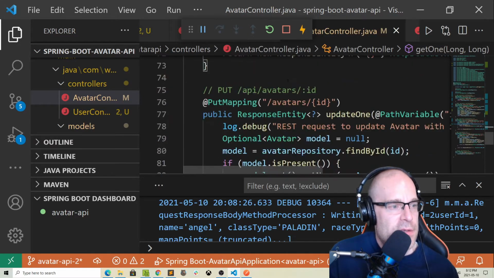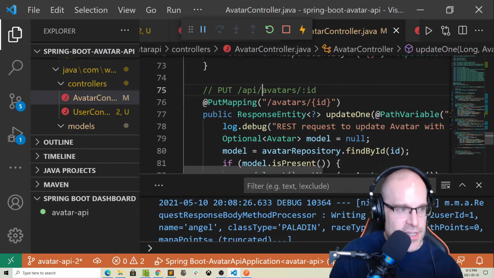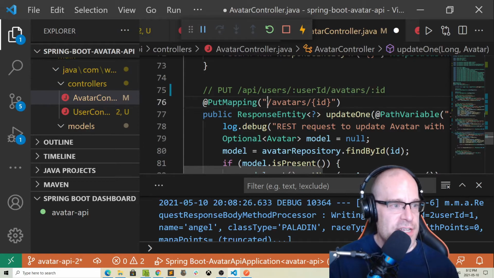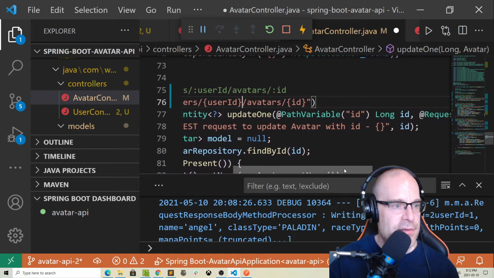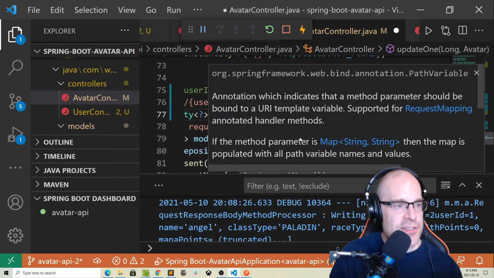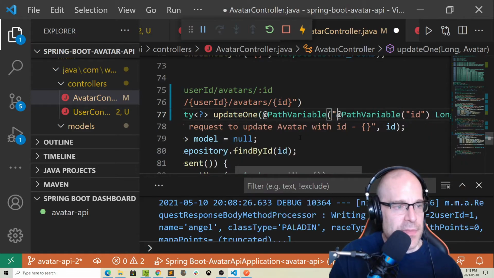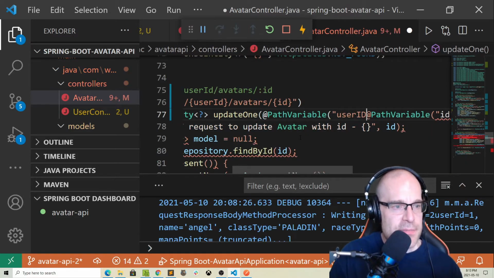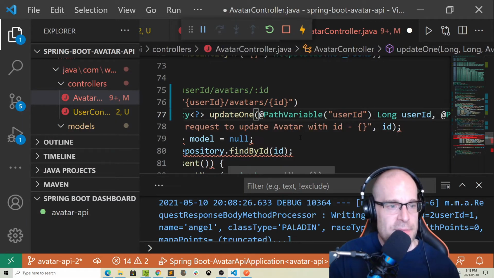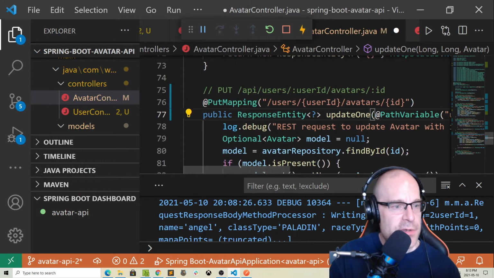Okay. So let's do put slash users user ID slash avatars slash ID. So again, we'll update the put mapping to go to put users and then user ID and then avatars slash ID. So let's do a path variable of user ID in quotes, and it is a type of long user ID. Okay. And then what we want to do is